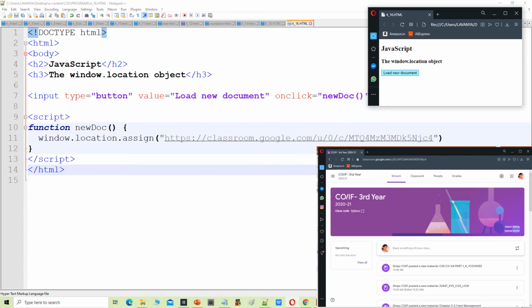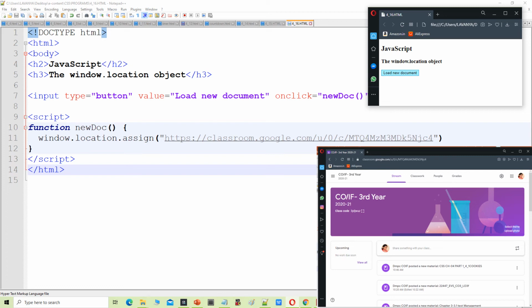Window.location object program. Here the input type is equal to button, value is equal to "Load new document", then onclick is equal to newDoc, and in the script tag, function newDoc, window.location.assign, and in the brackets I have put a link of the web page, which is a link for our Google Classroom.